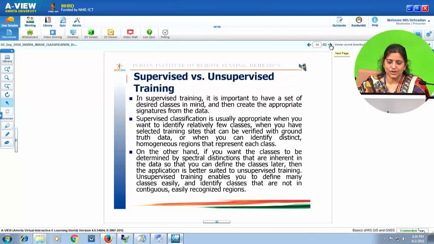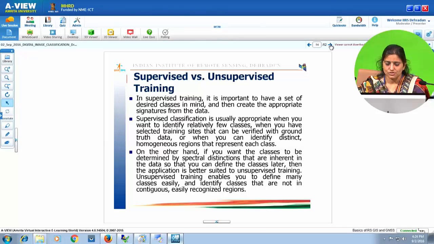In supervised training, it is important to have a set of desired classes in mind and then create the appropriate signatures for the data. Supervised classification is usually appropriate when you want to identify relatively few classes, when you have selected training sites that can be verified with ground truth data, or when you can identify distinct homogeneous regions that represent each class. On the other hand, if you want the classes to be determined by spectral distinctions that are